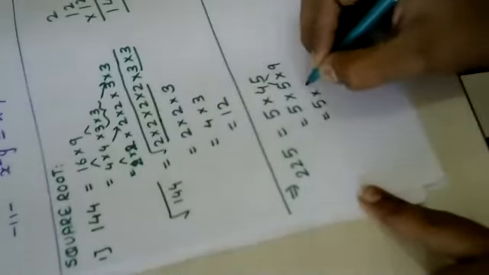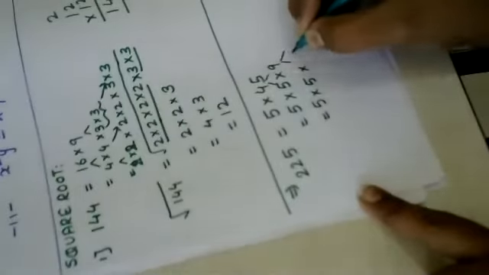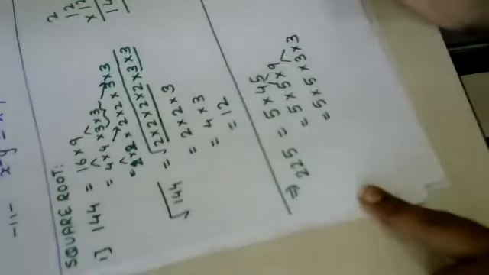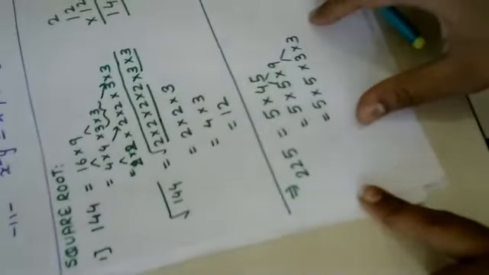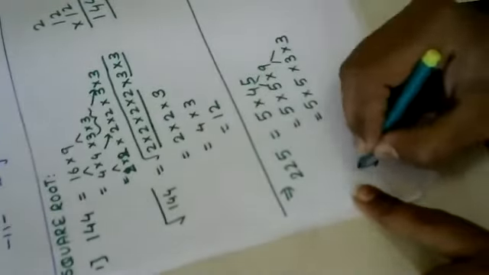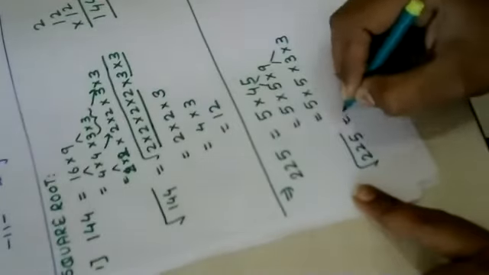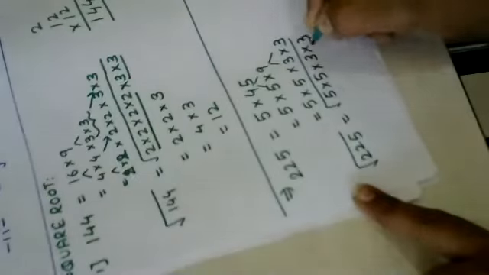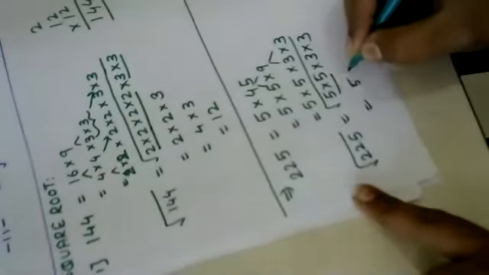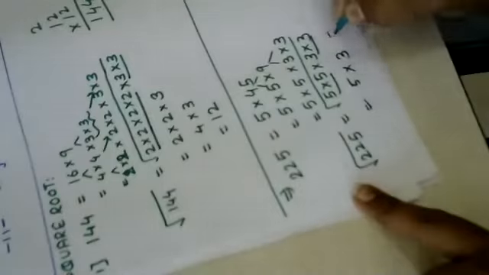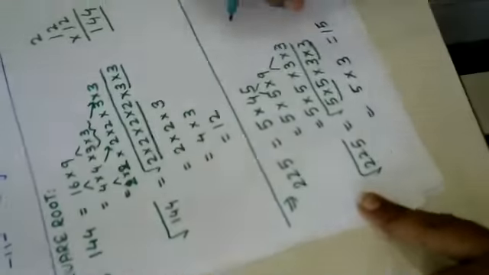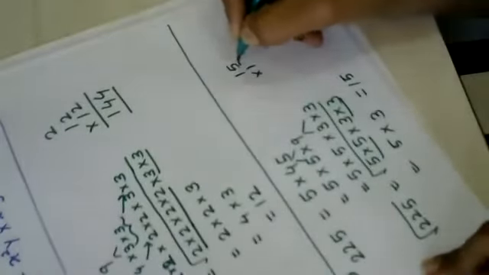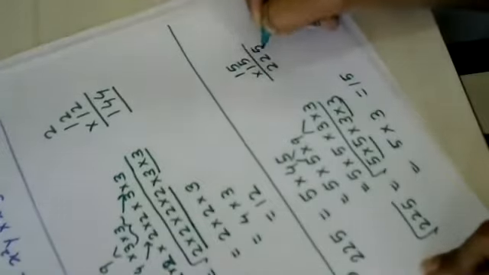This 5 will be as it is, and this 9 will be split up into 3 into 3. After this, is any further segregation possible? No. So find the square root of 225, which is nothing but under root of 5 into 5 into 3 into 3. So which is equal to 5 5 1 5 is coming out, 3 3 1 3 will be coming out. Hence it is nothing but 15. And you can cross check also, 15 15 you will get 225. This is about how to find the square root of a number.